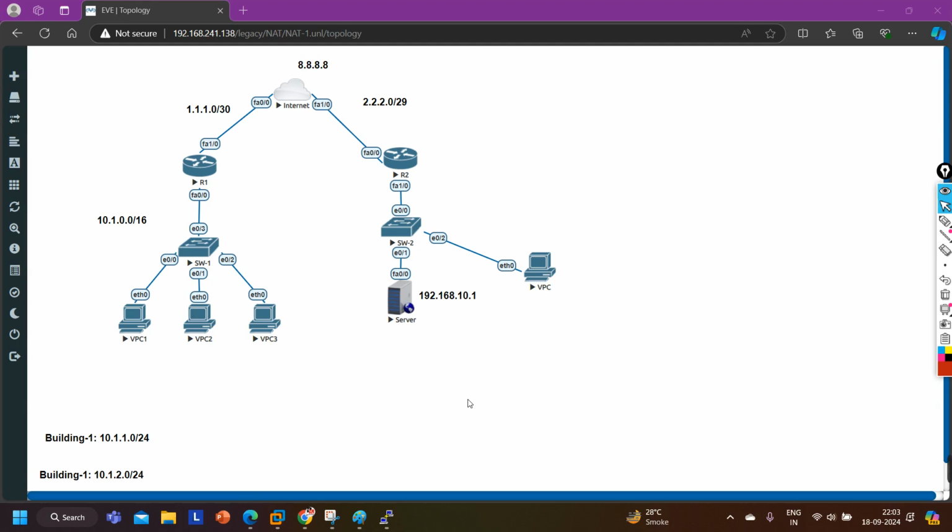MPLS is a different thing, brother. It is an open standard. I already told you, brother. MPLS is one type of forwarding, like how a router is forwarding the packet, checking the routing table. So MPLS is another type of forwarding, like how a switch forwards data, or how a router forwards data by checking the routing table. MPLS has its own mechanism to forward the data.